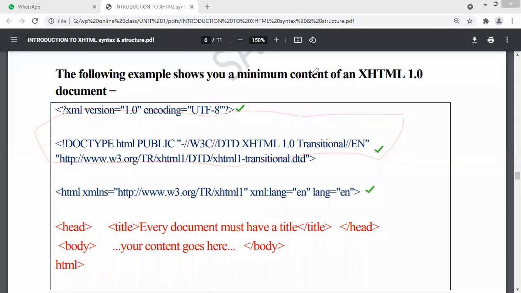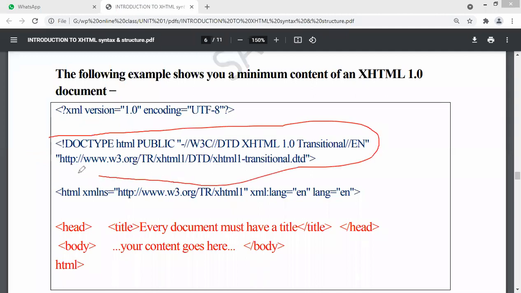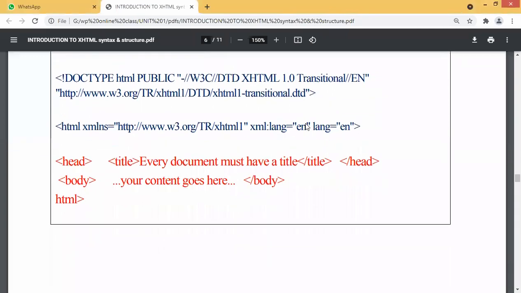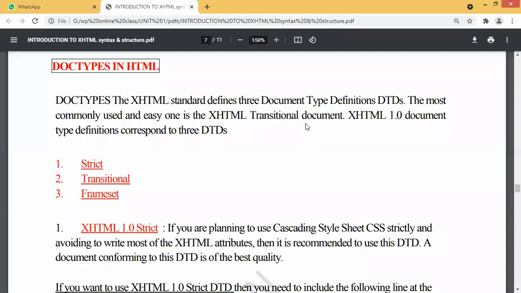These header files you have to remember. Why? Because for every XHTML code, this is the default header which you have to keep in mind, right? So this header you have to write as the first line when you are writing any XHTML document, right? All right. So this is the structure of the XHTML code, right?